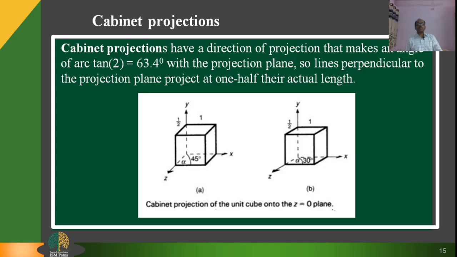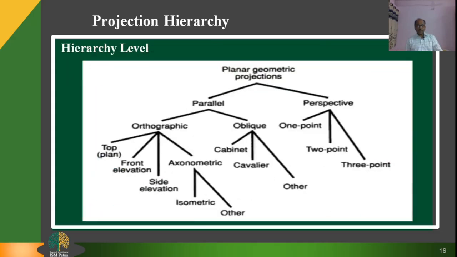So, these are all about projections. In these slides, I have drawn a hierarchy chart of how the geometric projections are classified. In the first step, they divide into parallel and perspective. Parallel is further classified as orthographic and oblique. Orthographic is further top, front, side and axonometric, which is further classified as isometric and other. In the oblique part, cabinet, cavalier, other,